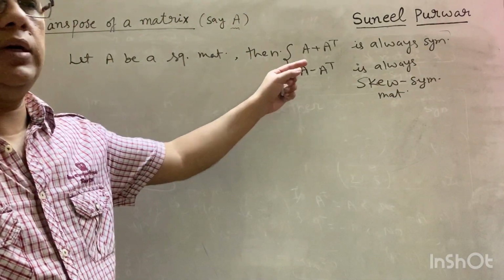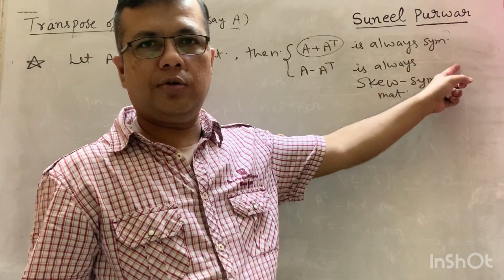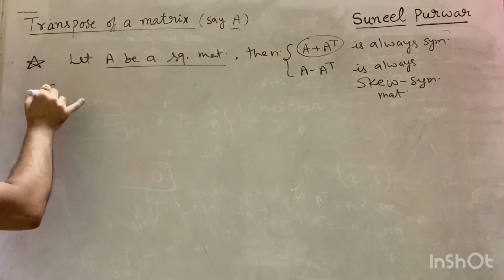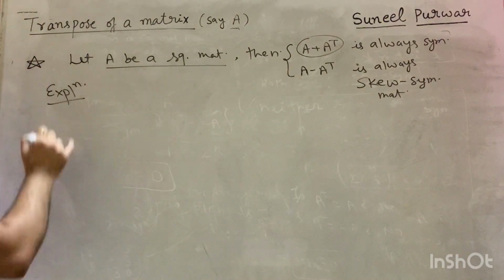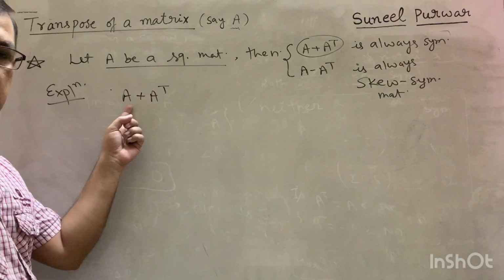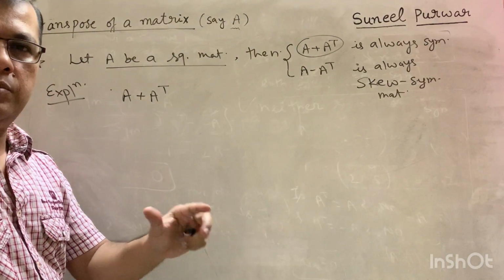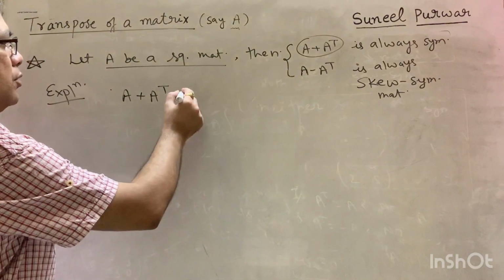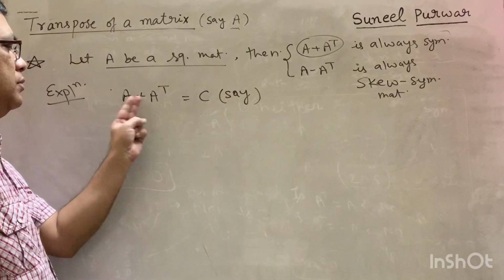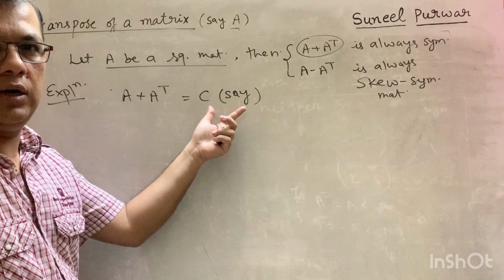तो जरा इसकी एक्सप्लेनेशन देख लेते हैं. A plus A transpose, क्या वाकई में ये हमेशा सिमेट्रिक होगा? Let's see. Don't forget A is a square matrix. Okay, so here is the explanation. A plus A transpose, मैट्रिक्स A और A ट्रांसपोज मैट्रिक्स को ऐड करेंगे तो क्या आएगा? एक मैट्रिक्स ही आएगा. लेट्स से उस मैट्रिक्स का नाम है C. So we are saying let the sum of this and this matrix be a new matrix whose name is what? C. We are calling it C.